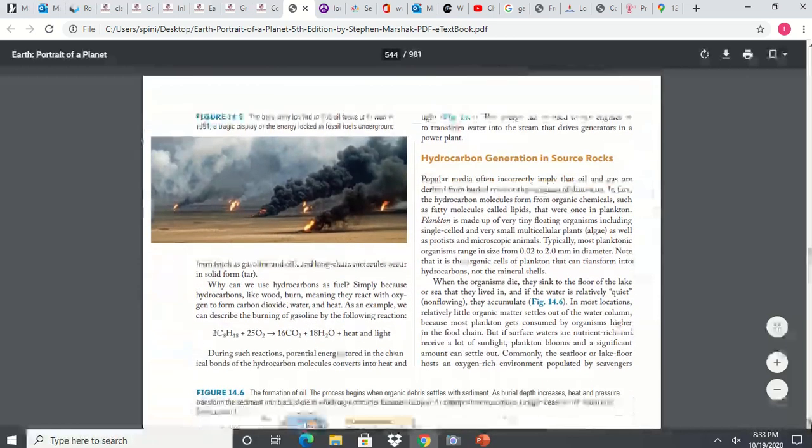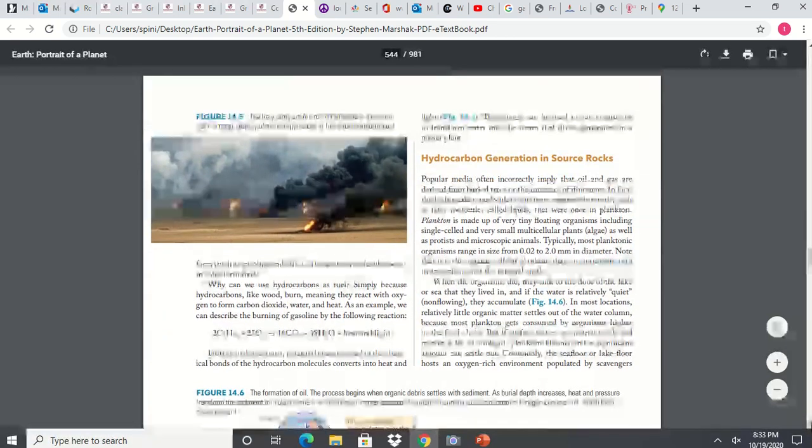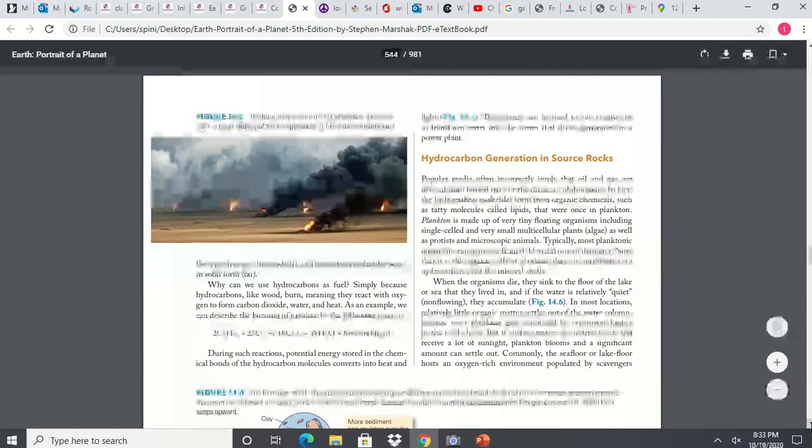So here are some equations. You don't have to memorize all of these, but they're basically just showing you how these hydrocarbons work. This one is burning gasoline, where we basically take the gasoline molecule and add oxygen to it. And that's essentially what you do when you set something on fire. In chemistry, when we get ready to heat something up or set something on fire, we don't say we're going to heat it up or set it on fire. We say we're going to oxidize it. We're going to add oxygen to it.